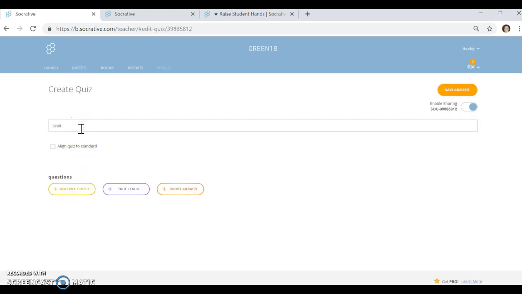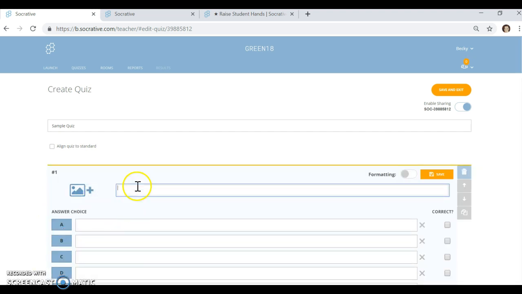So let's just title this one Sample Quiz. You can align to the standards. The TEKs are already available here, where you can just click on the standard you want, and then you can add a multiple choice, true, false, or short answer question. So I'm going to start with a multiple choice and ask,